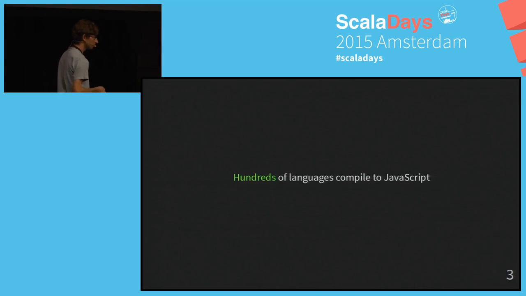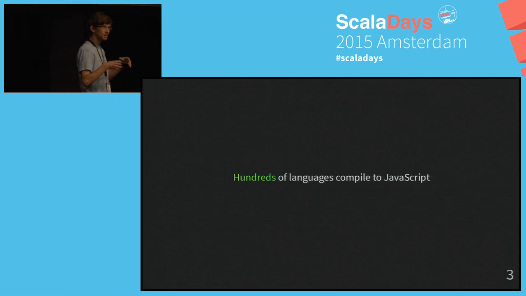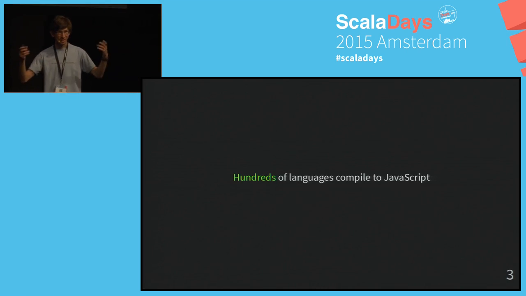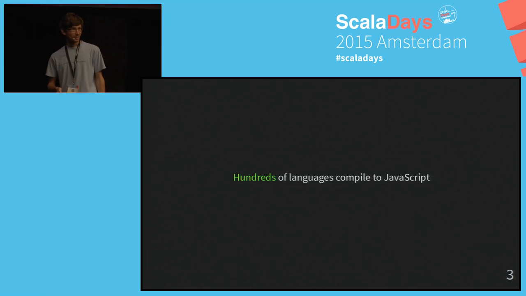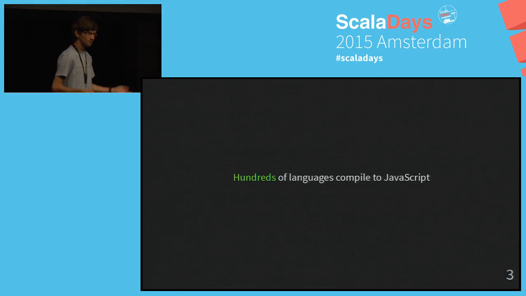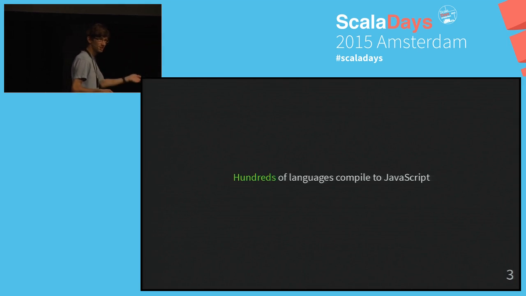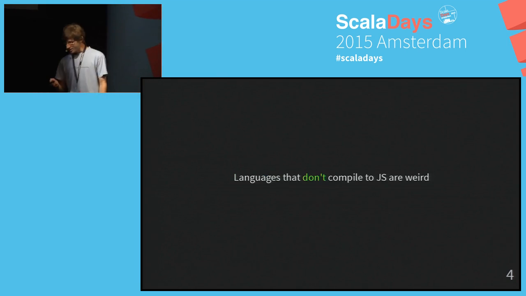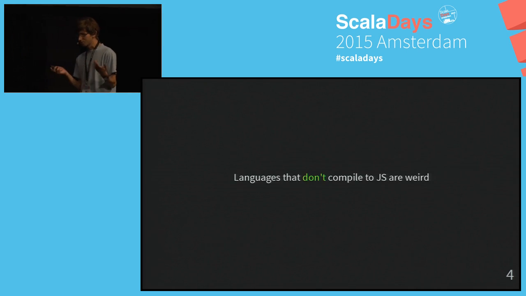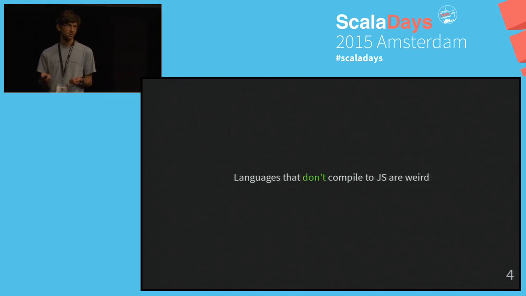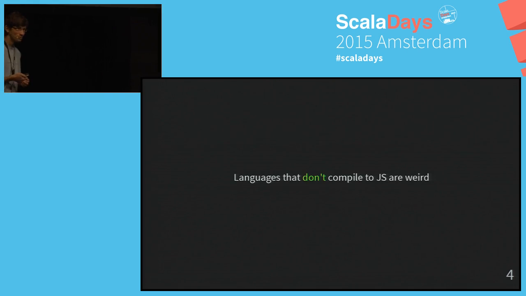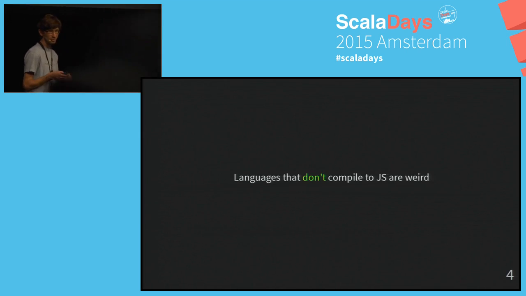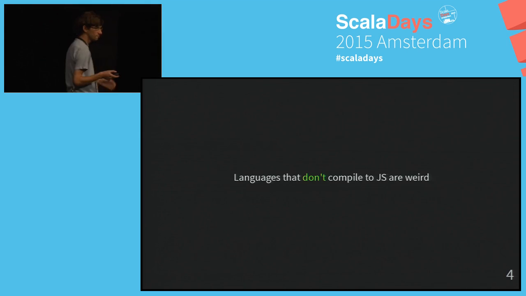I think one of the existing languages with the most prolific ecosystem of dialects is Haskell. I think there are at least 5 dialects of Haskell compiling to JavaScript, and then a couple more languages inspired by Haskell and compiling to JavaScript. It's quite huge. So basically, at the moment, languages that do not compile to JavaScript are the weird ones. Basically, all the mainstream languages you know, and many languages that are not mainstream and that you do not know, all of them compile to JavaScript.